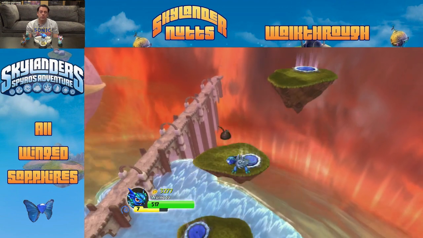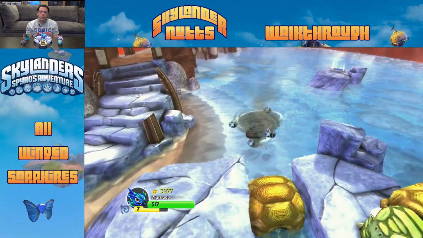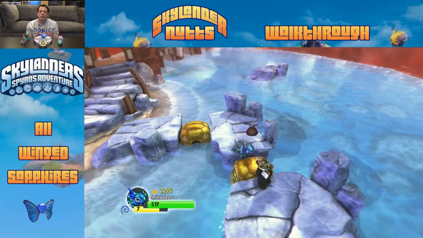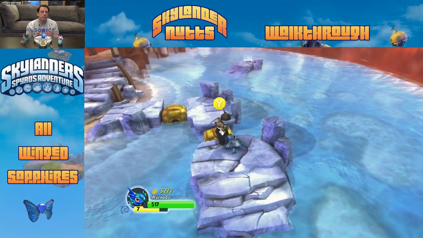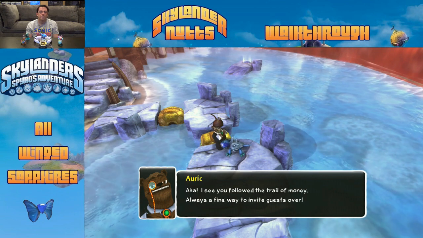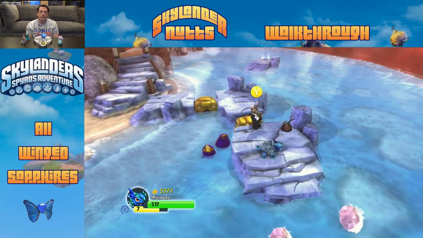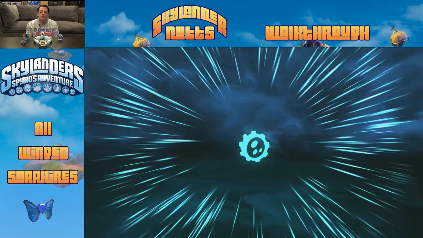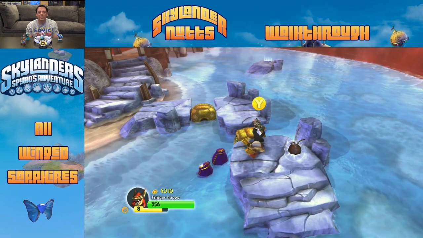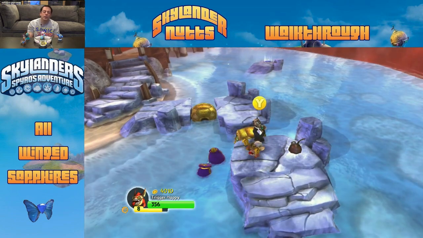Alright. There's still a couple more things you should know about the ruins though. So we'll try to finish those off. Back over here with the turtles. You can push a couple of them down. We'll find Ulrich. He doesn't do much in this game like he does, I think, in Giants, but you talk to him. Aha! I see you follow the trail of money. Always a fine way to invite guests over. And he explodes with some major money. And in fact, that's enough for Warnado. Not entirely sure. Let's see if... Yeah, we've got everything for him, but... Anyway, we'll get...